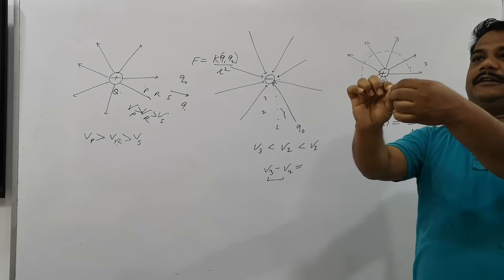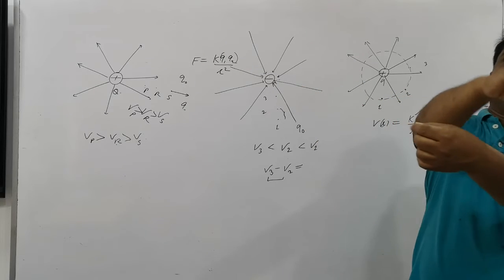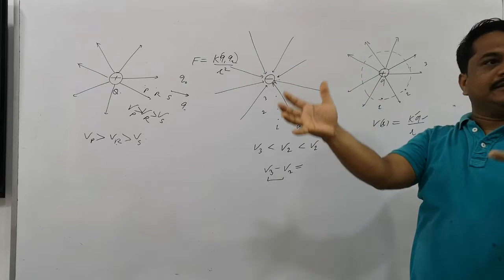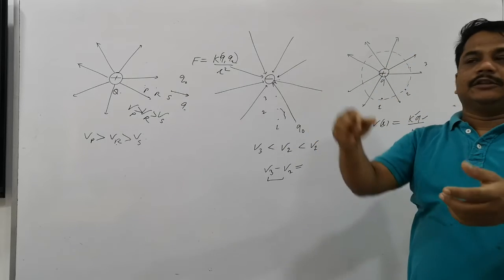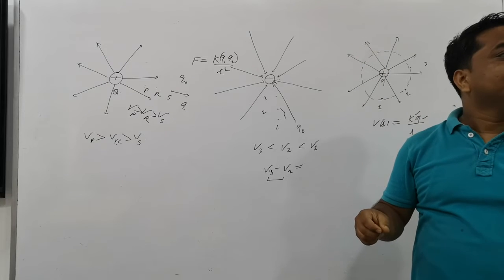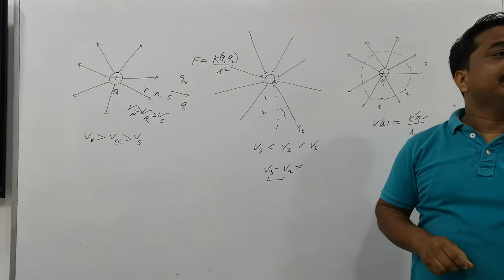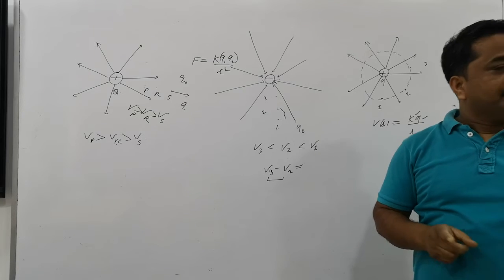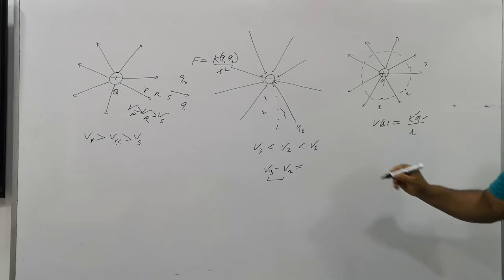There is a point charge here. Here the potential, here the potential, here the potential, here the potential. A spherical surface will develop here. So at different points on the spherical surface, the potential will be the same. This type of surface is called an equipotential surface. Is that clear? It means the potential at every point on the equipotential surface is the same.